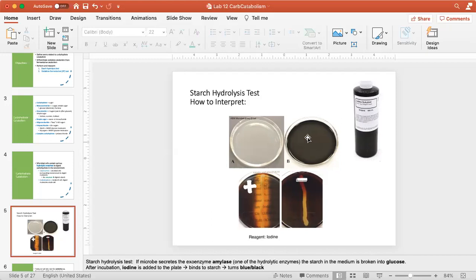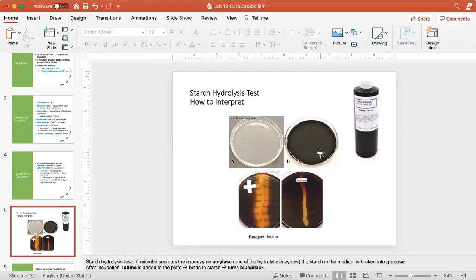We're just going to dribble iodine onto the surface of this plate, and it will be taken into the agar. Remember something about iodine. We talked about this with the gram staining. Iodine is a mordant, and it's really good at penetrating through materials. So it will penetrate through the agar. And what's going to happen is anywhere that there's starch, we're going to see that the starch media turns this